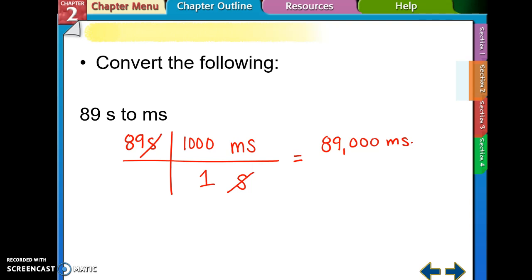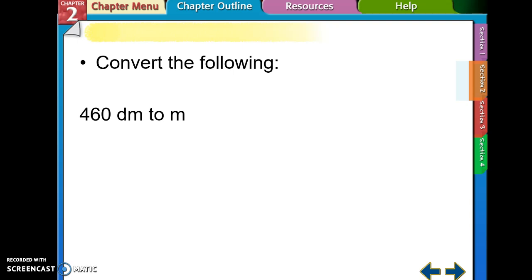Alright, next example. Right here I have 460 decimeters to meters. So, first off, meters is a base unit. That means I know it's going to be a one-step problem, because I'm going from a unit with a prefix to a base unit. So I'm going to start by writing the number. Step 1, 460 decimeters. I'm going to start with decimeters, draw the chart, slant the unit decimeters down, and then